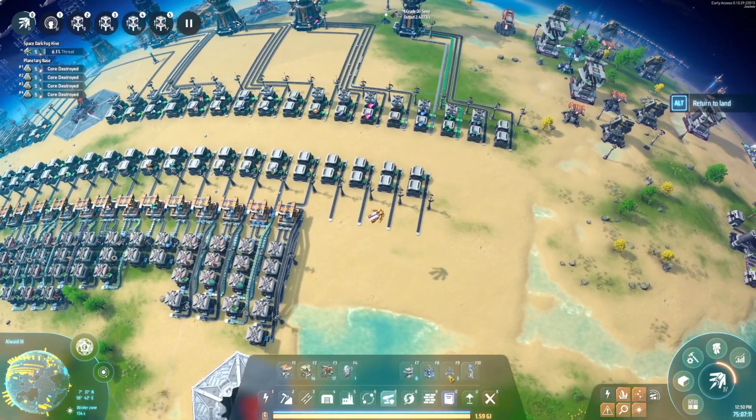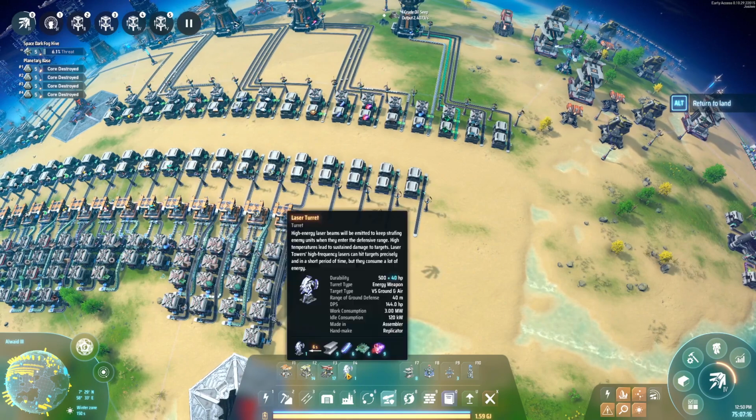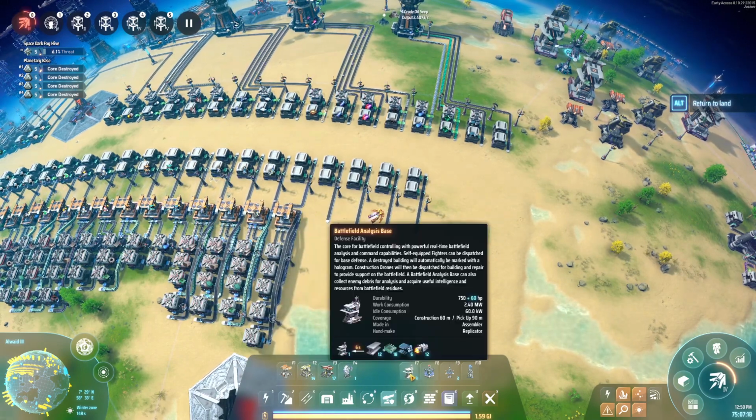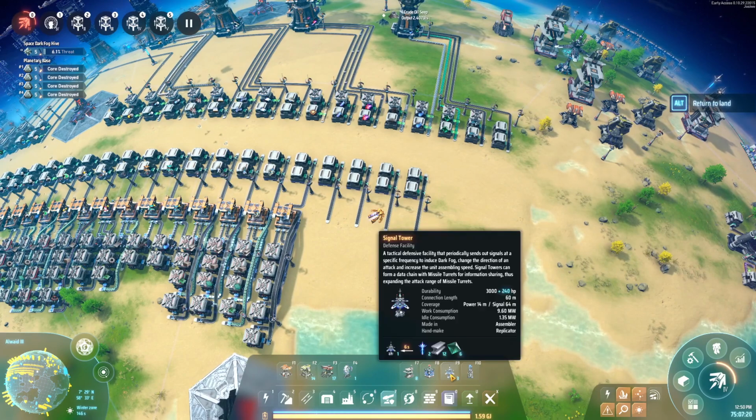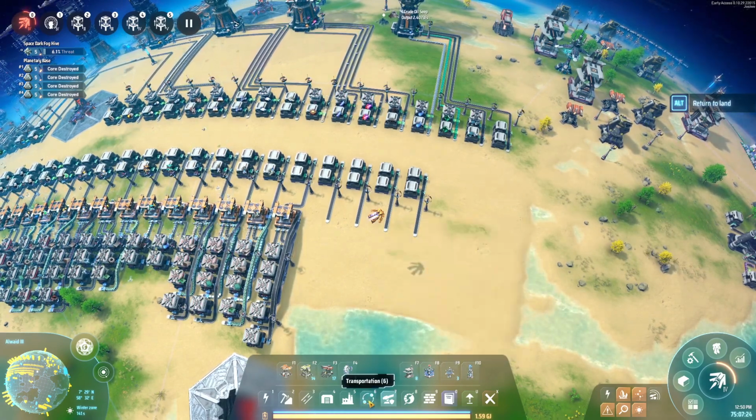It'll be nice to have defense done as well. We're going to do Gauss turrets, missile turrets, implosion cannons, and laser turrets. We'll also do battlefield analysis bases, jammer towers, signal towers, and planetary shield generators. Actually, does it make sense to do...